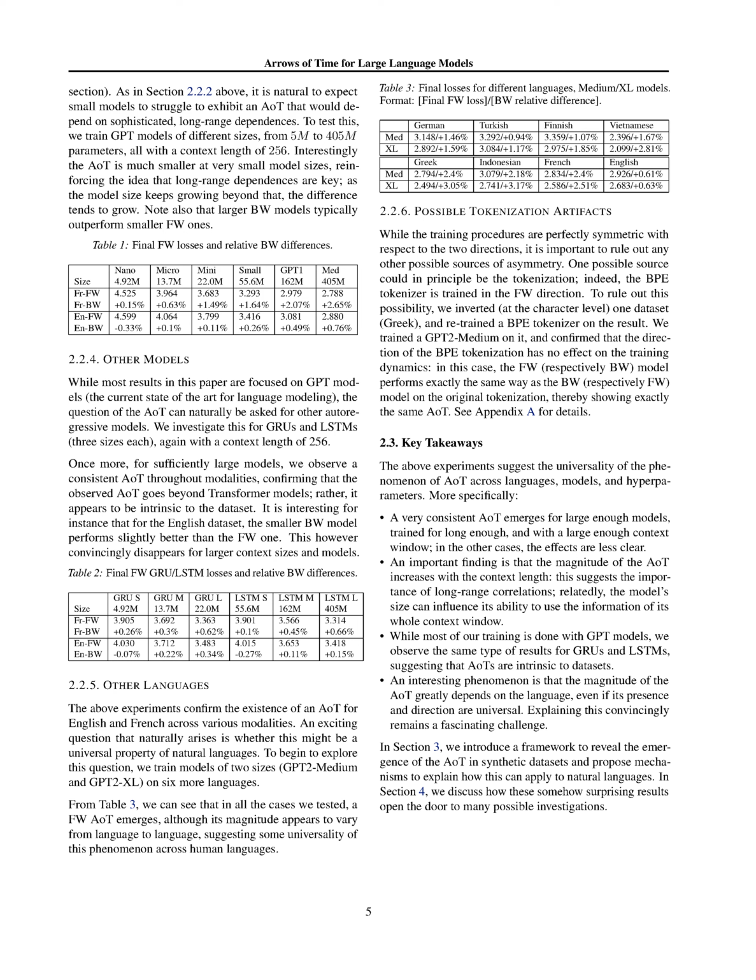The results confirm the presence of an arrow of time, AOT, in English and French datasets, showing consistent differences in training dynamics between forward, FW, and backward, BW, models. Additionally, the influence of context window size and model size on the AOT is explored, with larger context sizes and models exhibiting a more significant AOT effect. The study also extends to other autoregressive models like GRUs and LSTMs, indicating the intrinsic nature of the observed AOT across different models and datasets.